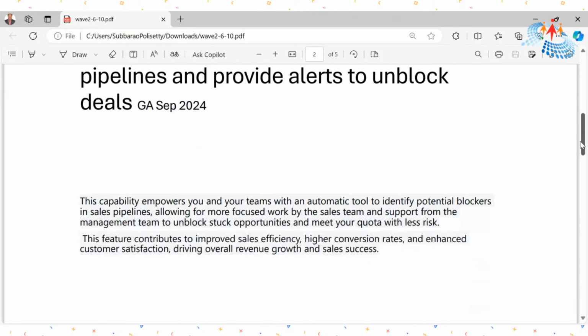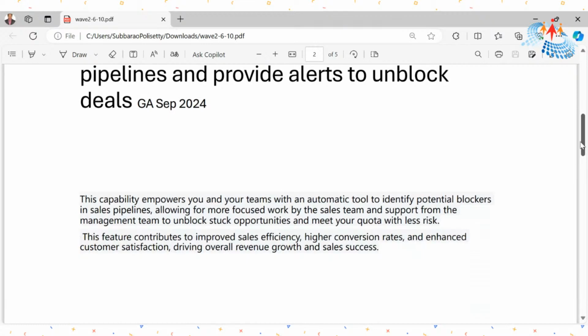Generally, during the sales process, if there are any issues, by default there is no intelligence present that will say that something has gone wrong. Okay, so with the help of this particular feature,